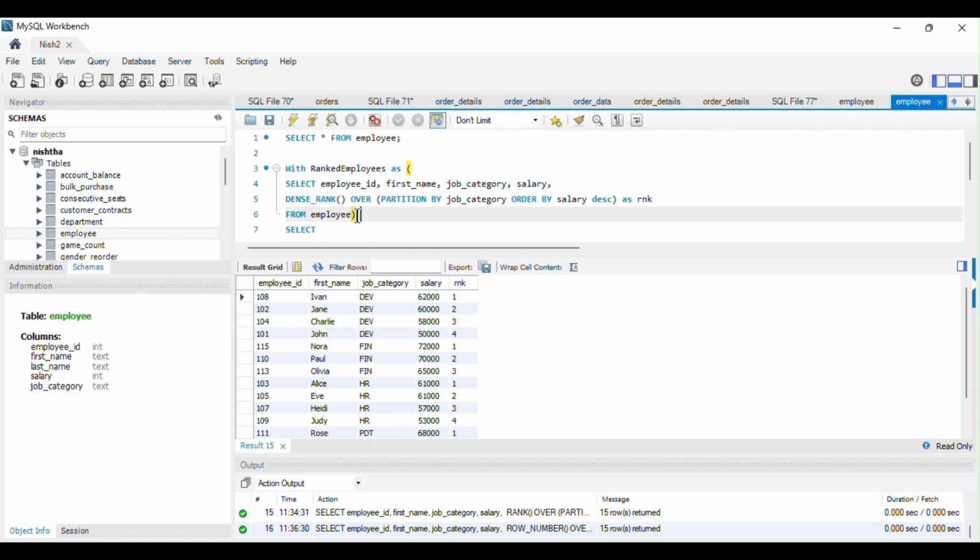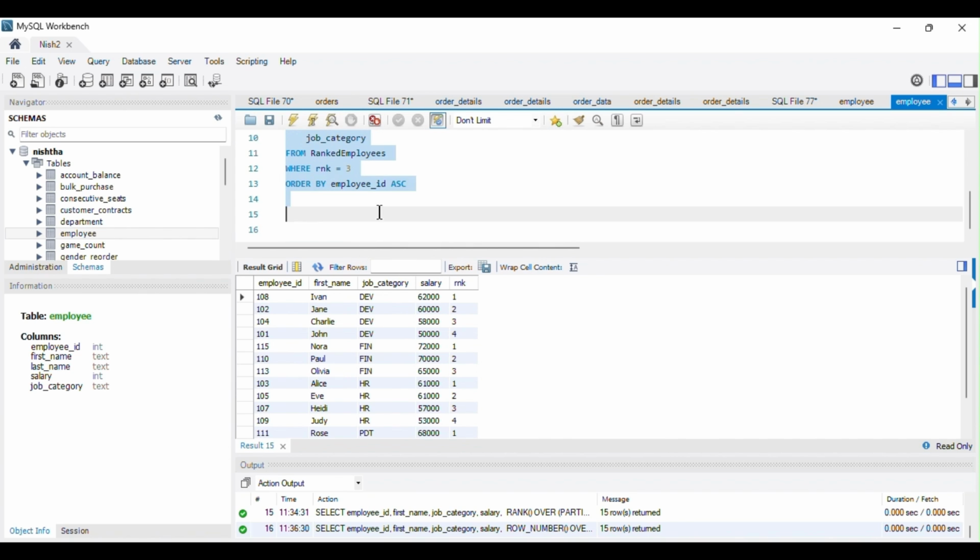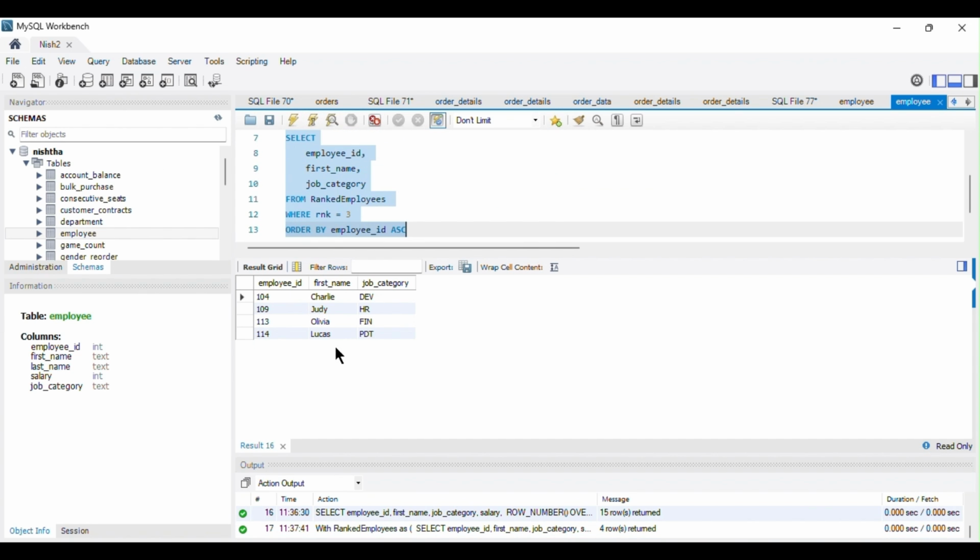Again, this question is really important and is asked in many companies, and if they are not asking you to write a query, they will definitely ask you the difference between the rank, dense rank, and row number functions. So please keep that in mind. As you can see, we have got the answer. I hope the solution is helpful to you.